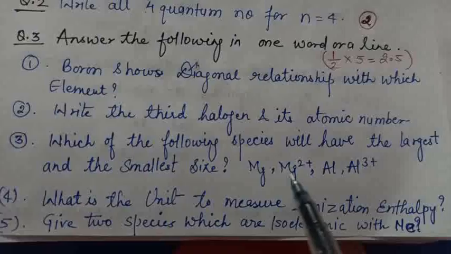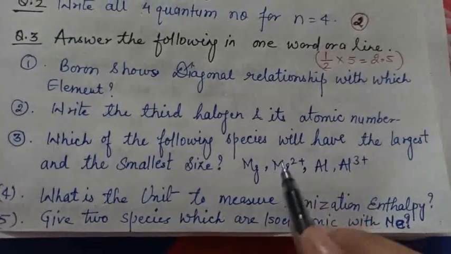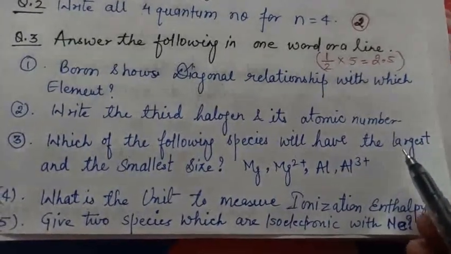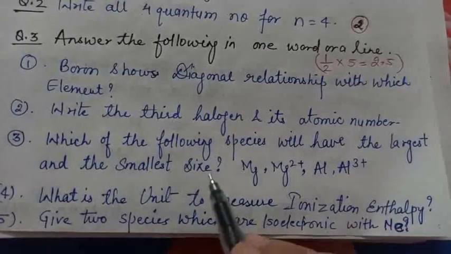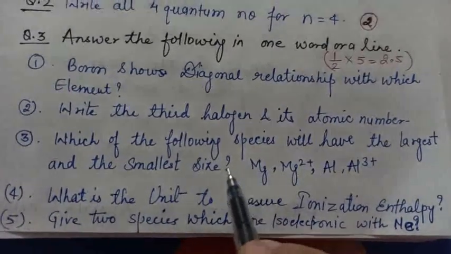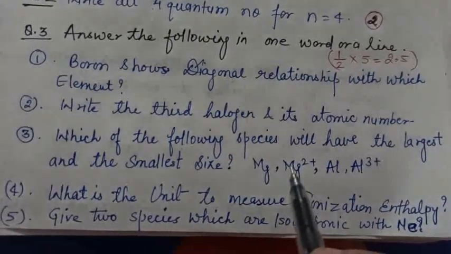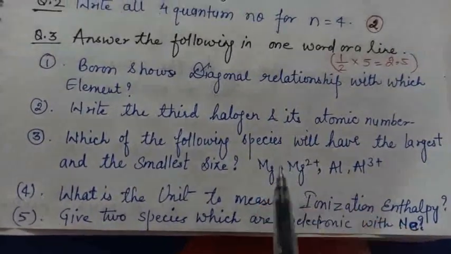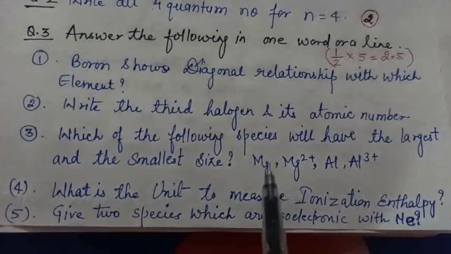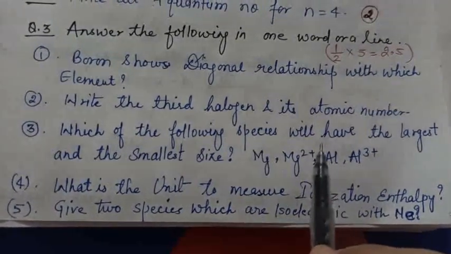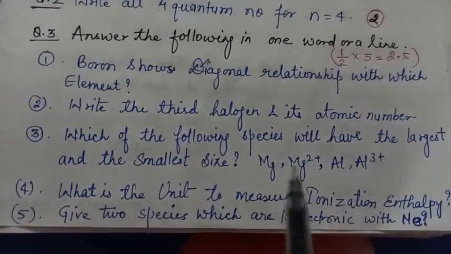Out of these 4 you have to write again 2 answers. One atom will be largest out of them and one will be smallest in size. If both are correct, largest also correct, smallest also correct, then only you'll be getting half mark. Means there is no partial marking, nowhere I'll give you 1/4. If the entire answer is correct, then only you'll be getting half mark.